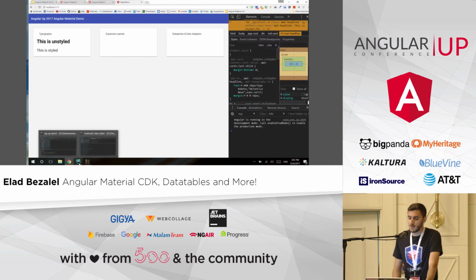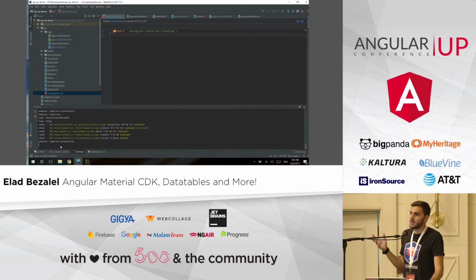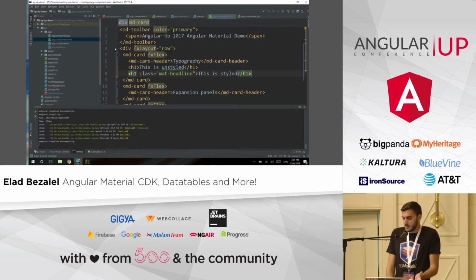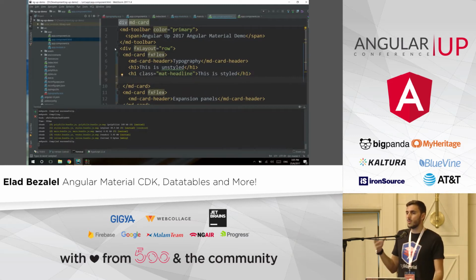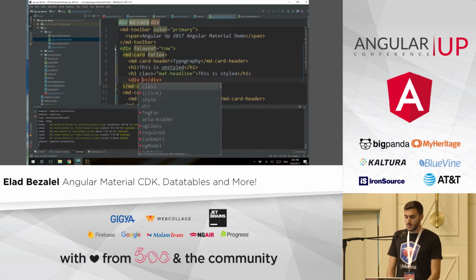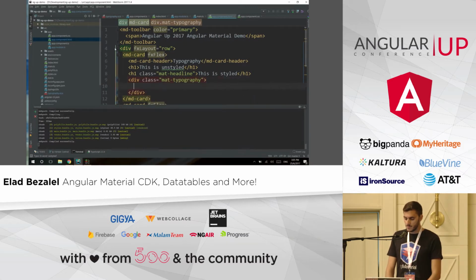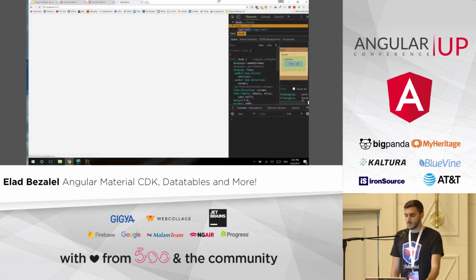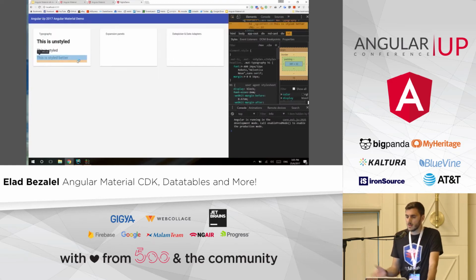And we thought to ourselves, all right, this was the same approach as we had on Material 1, but we wanted to have a really nice way to take all those H1s inside your application and style them just as it is. Like every time you write H1, you don't want to also write class mat headline. So we provide you this class called mat typography, and inside of it, every H1 will be just better. So you'll see this H1 is automatically styled according to